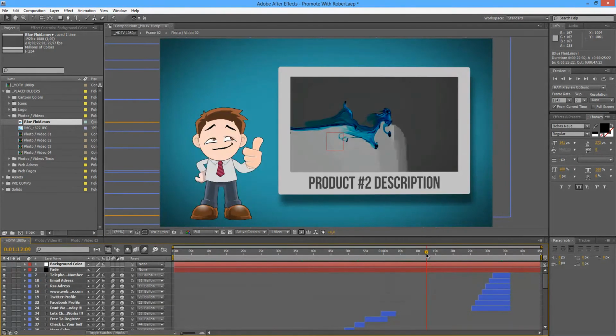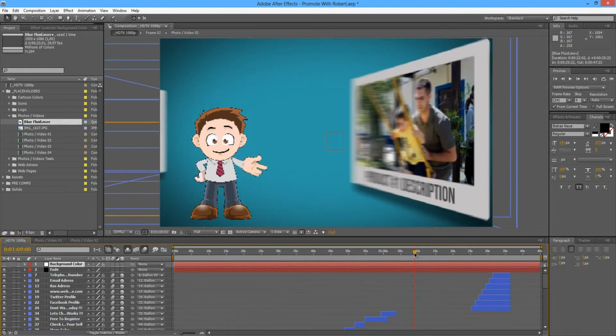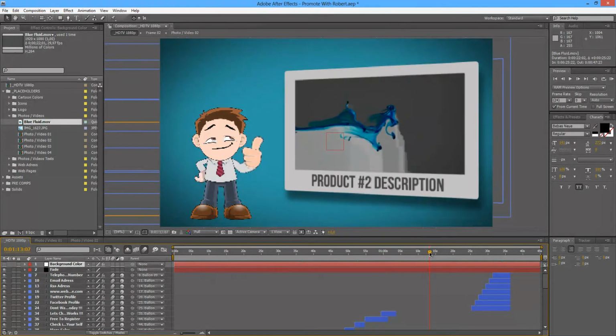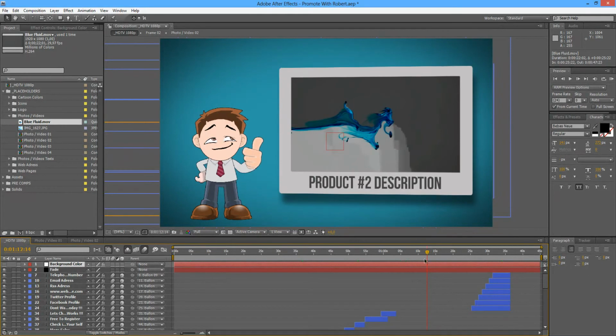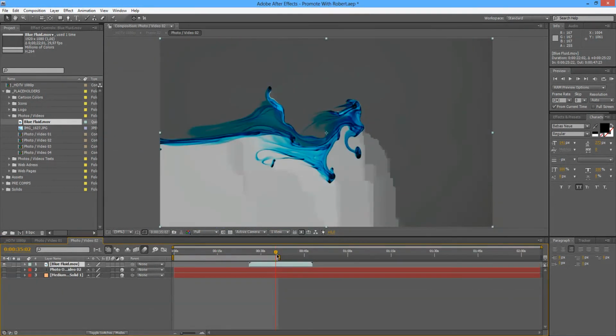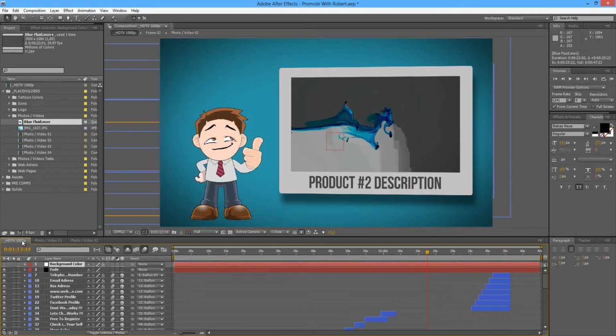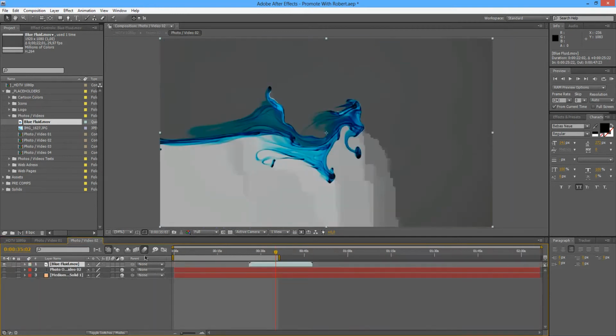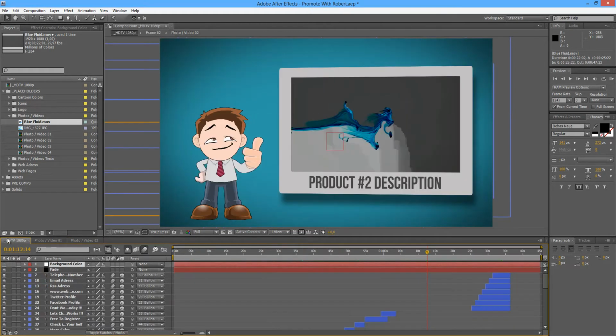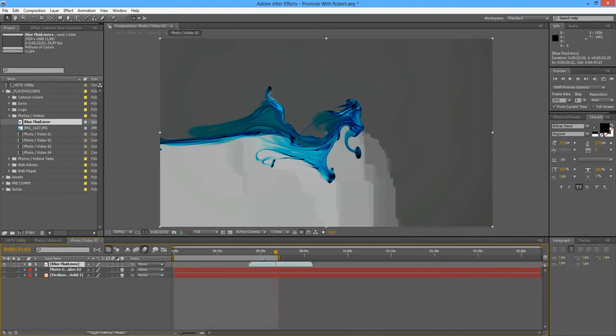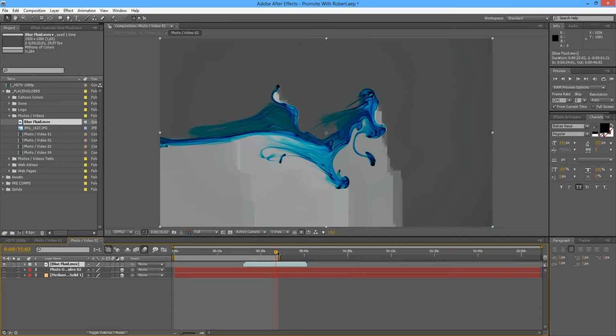Just to show you that you can bring the video and then play around with the time, because once you leave your timeline here, we are at 1 minute 12 seconds. If you go inside your photo video 1 or 2 or 3 or 4, this will be the respective time that will match here. Our time needle here will be the same as here, it will correspond to this timeline. So if you show this part here,